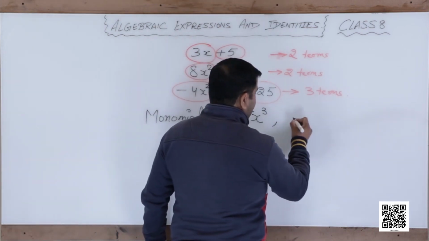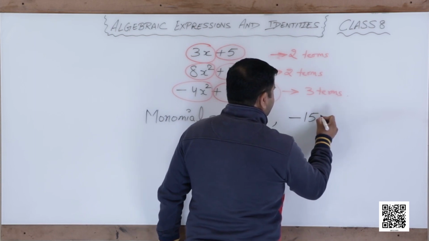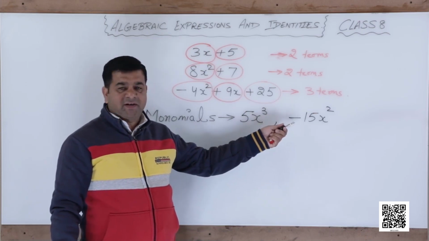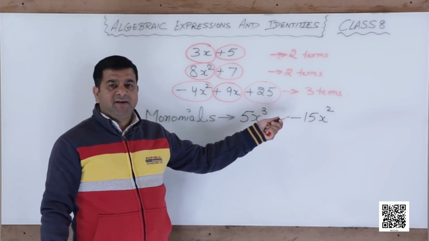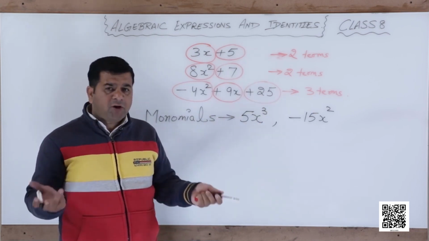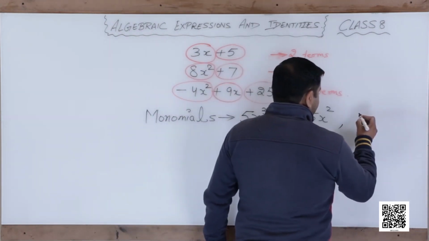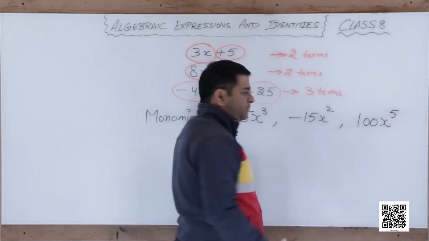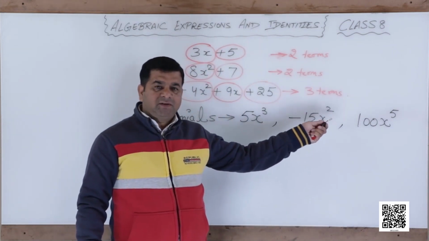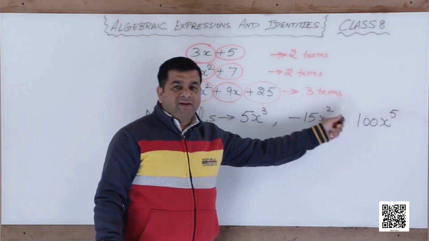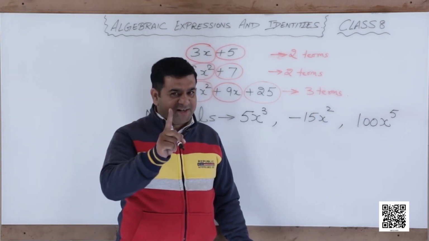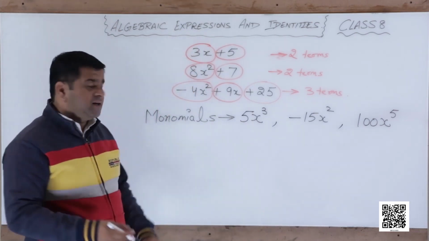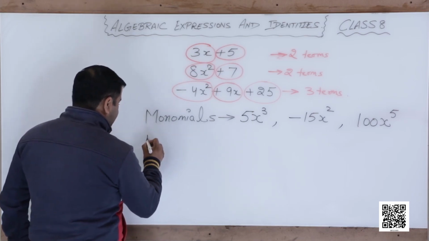Similarly, suppose we have another expression minus 15x square. Again, there is no other term in this algebraic expression except this. So that is why this is again known as a monomial. Similarly, suppose we have 100x raised to power 5. Again, there is only one term, so that is why these kind of algebraic expressions with only one term are known as monomials. Now let's see another type of algebraic expression, that is